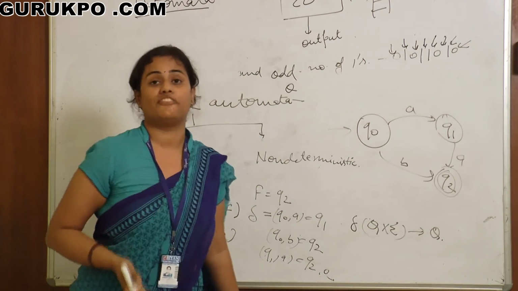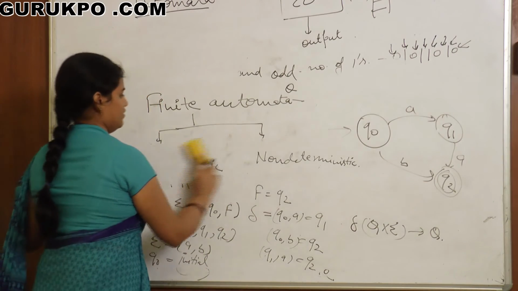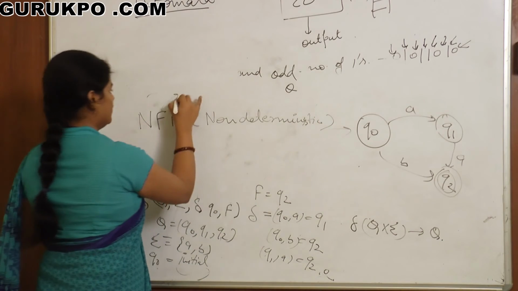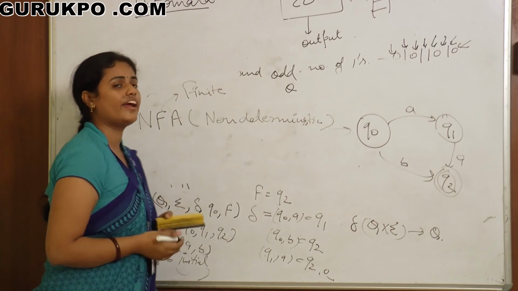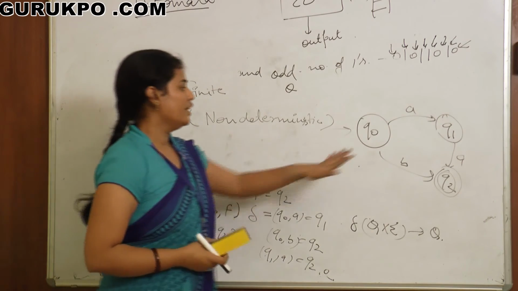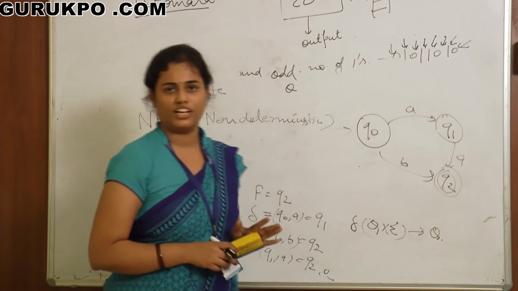Only a single state. What is NFA? This is DFA. Now NFA. Non-deterministic finite automata is also a finite automata. I have mentioned before why it is finite. We are having a finite amount of information, a limited amount of information. The number of states is finite and all these things are finite. That is why this is finite automata.